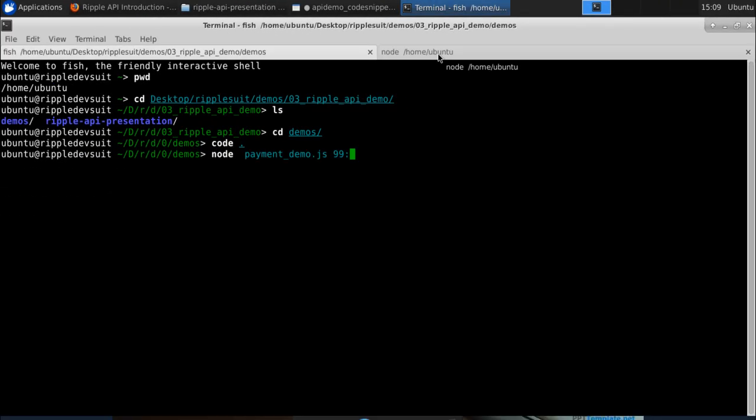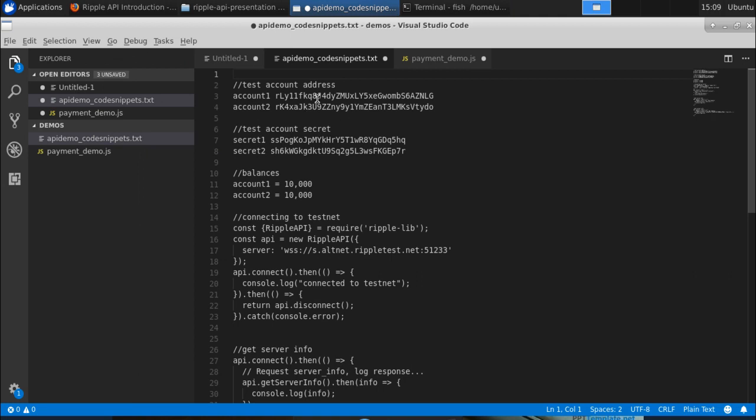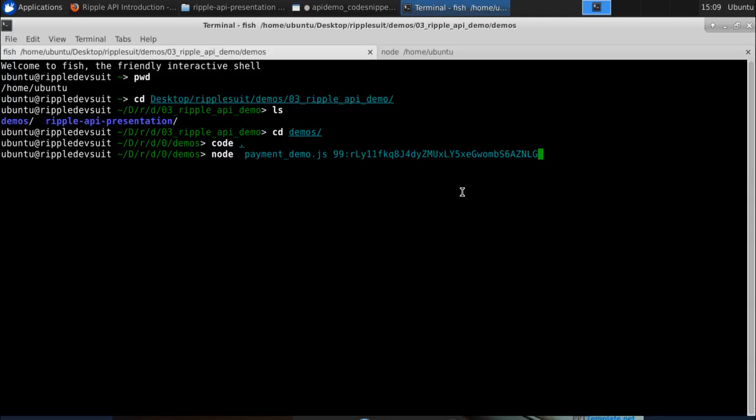Ripple from account 1. So in our code snippet we have account 1, I will copy this one. So amount, then the sender account.